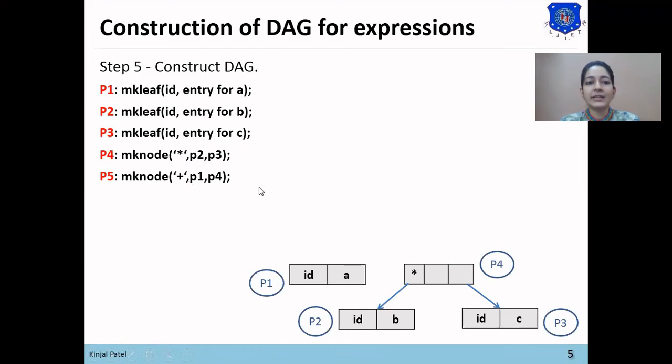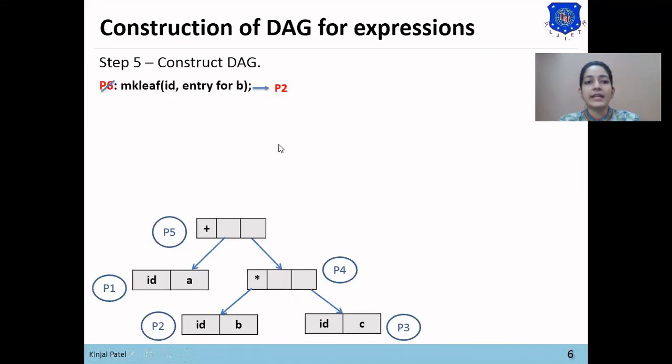So now we'll create the DAG for the plus operator. The plus operator has been created. Now the left child of this plus is P1 and the right child of this plus is P4. And this plus operator will be named as P5 node.